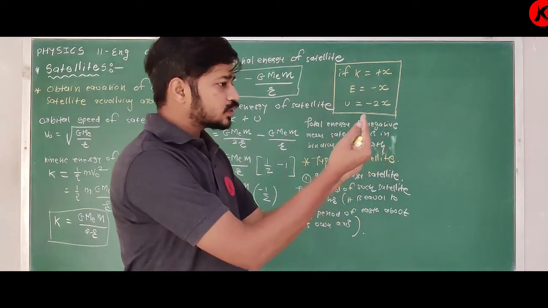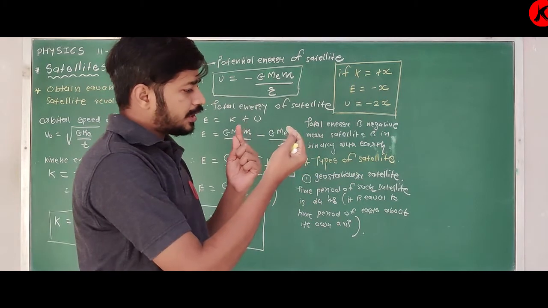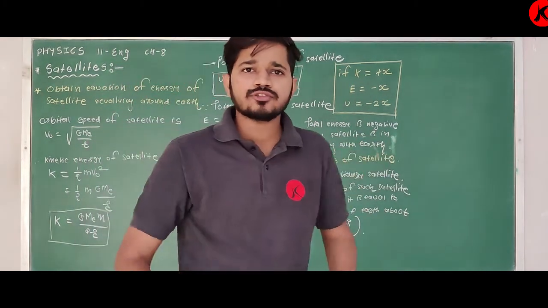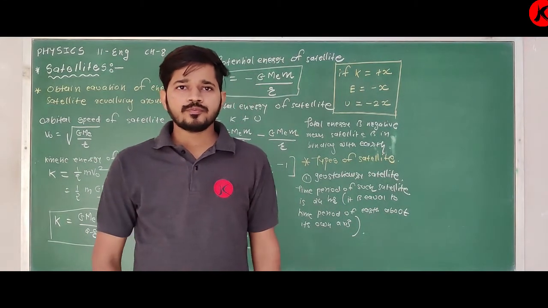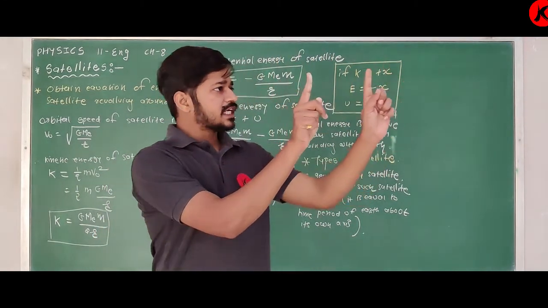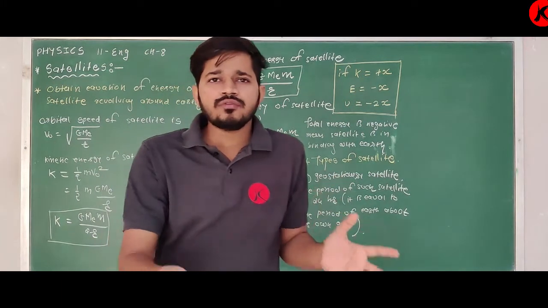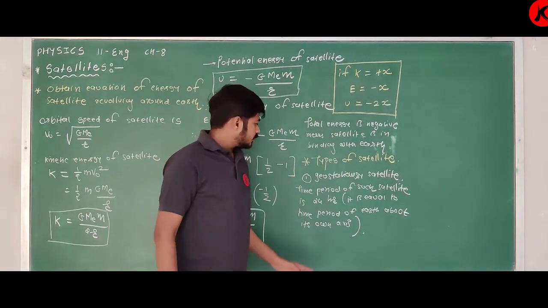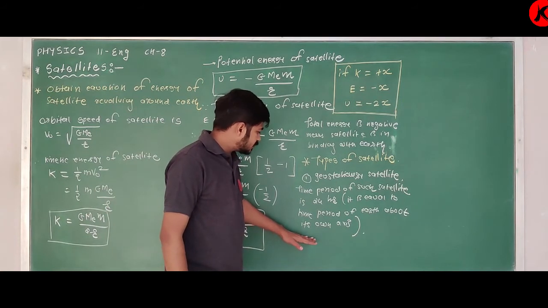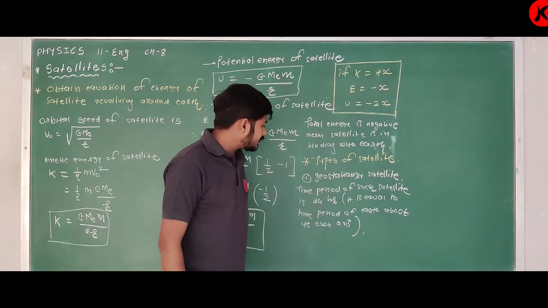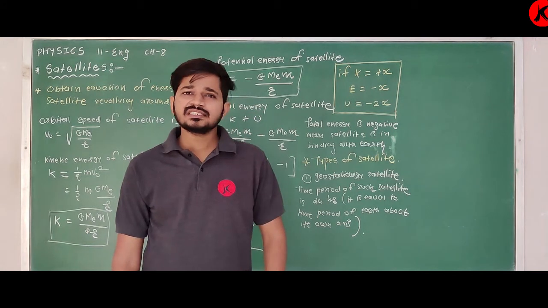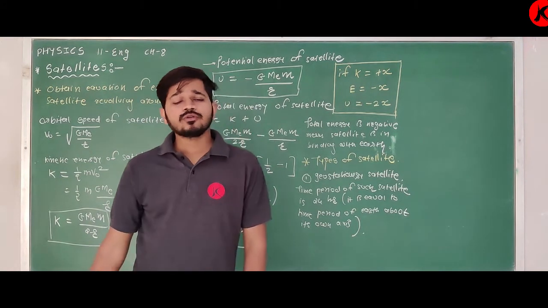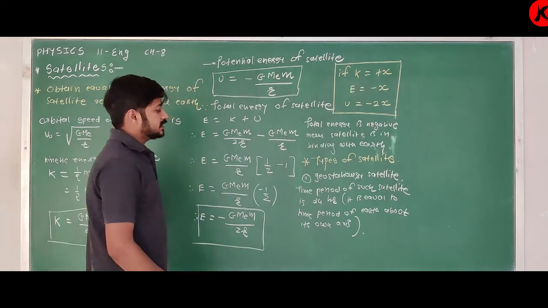As Earth is rotating, the satellite is also rotating. Yes or no? Earth and satellite, both are revolving in the same time, with the same speed. So we can say the time period is the same, and whenever we view it from the surface of Earth, we will find it is stationary.